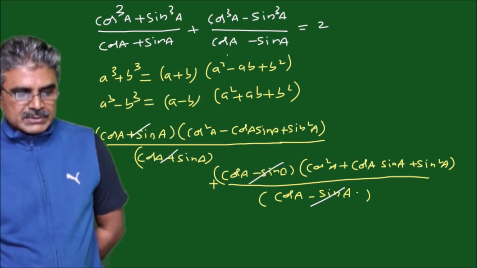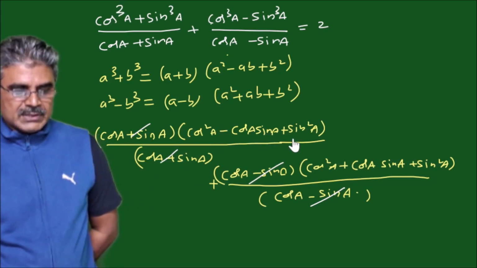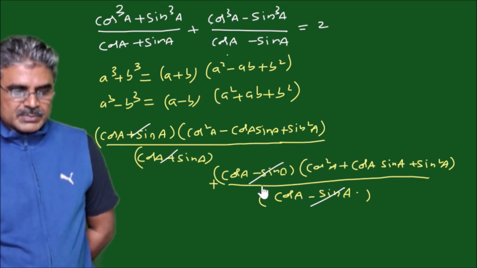The remaining thing is cos square A minus cos A sin A plus sin square A, plus this expression